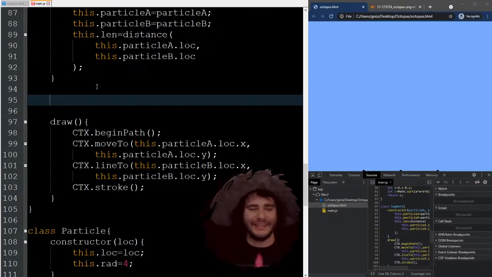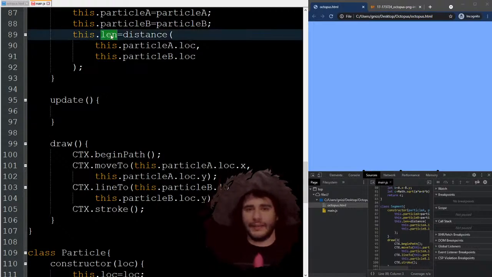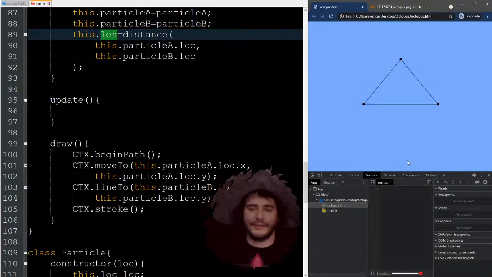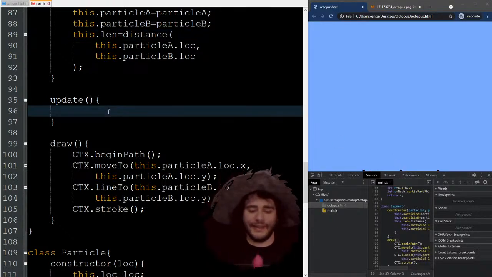So to keep them from getting too close or too far, I'm going to have to figure out the current length and whether it's longer or shorter than the one in the beginning. So in my update method here, I need to calculate the new length. As this triangle is falling, the length of these segments is actually shrinking when this point starts to go down and touch this. So that new length,